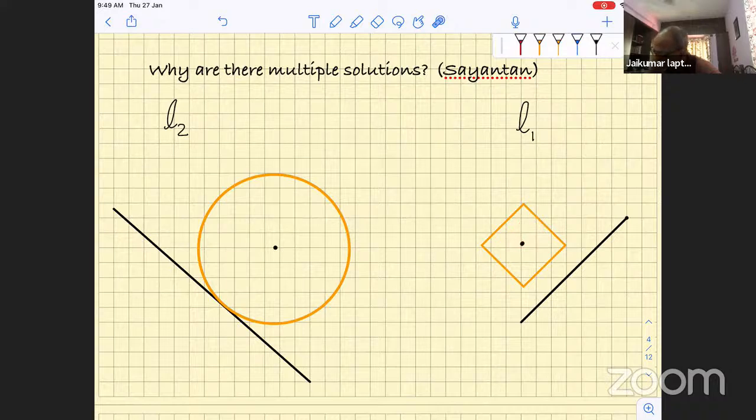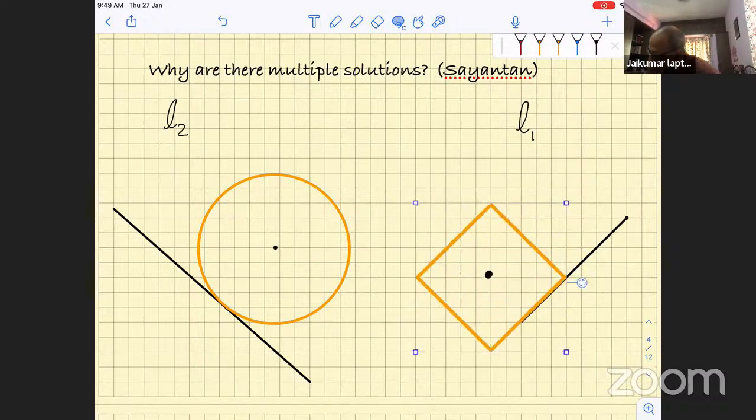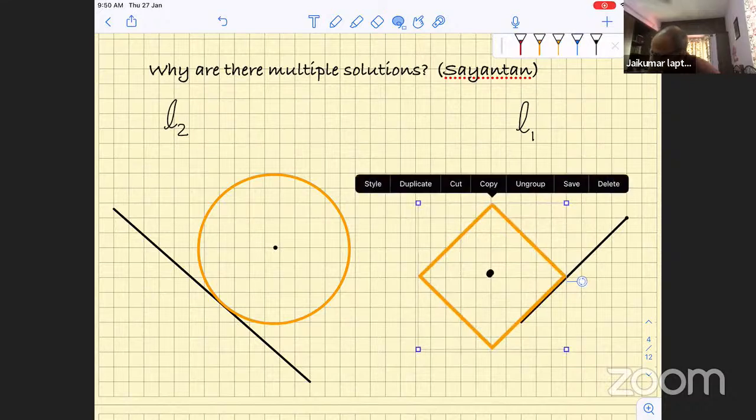Yeah, they all have the same distance, all these points. So all points on this line, this line, this line, and this line have the same distance from this center. Now, if I try to do the same animation, let's see if I succeed this time. If I try to move this, the moment when this point, I shouldn't have moved the point, but nevertheless,